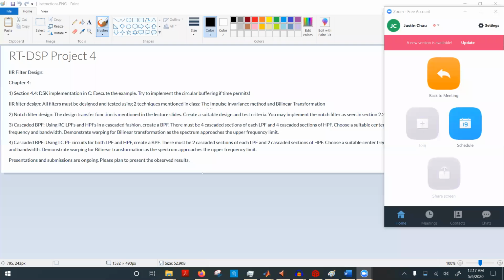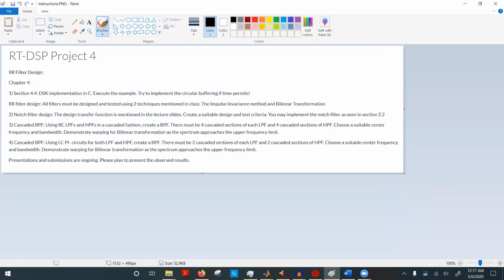All right, we're going to continue our RTDSP Project 4 demonstration. In the first section, we talked about implementing basic IIR filters in Code Composer with this example tutorial for part 1. Now in part 2, we're going to do our first application of an IIR filter, and we're going to design